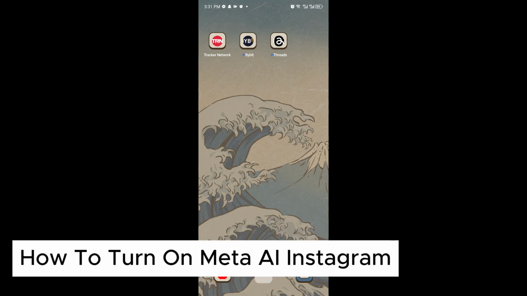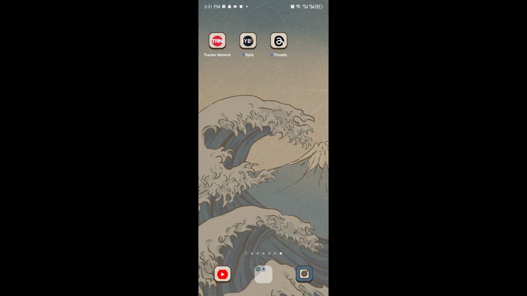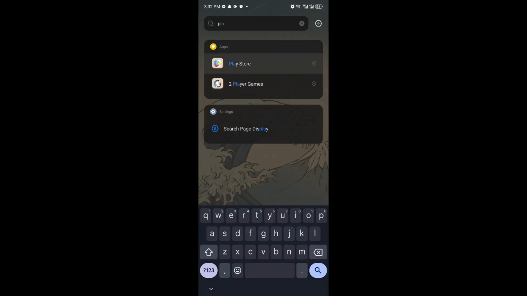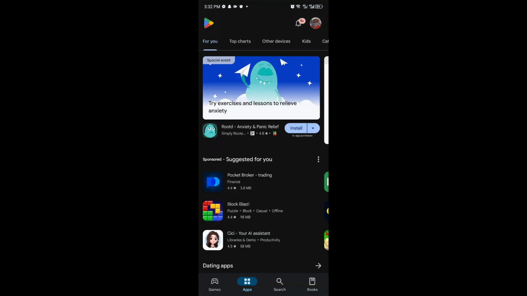How to turn on Meta AI Instagram. This is a step-by-step video so you can follow easily. Now, as you may know, Instagram has released one of their newest features, and that is the Instagram AI, or the Meta Instagram AI. To get that feature, you can just head over to your Play Store right here,